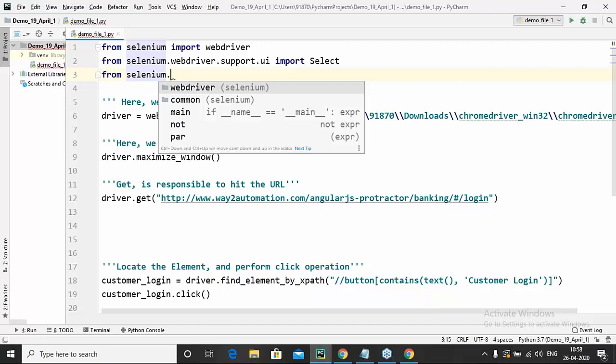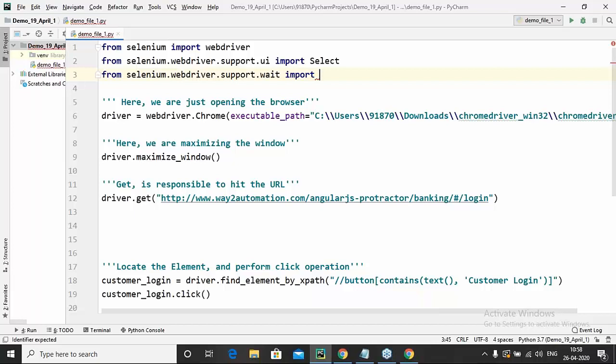This is the Chrome driver, and I want it to wait for 20 seconds. This function takes two arguments. The first argument is the driver itself, which is the web page, and the second says wait for 20 seconds.